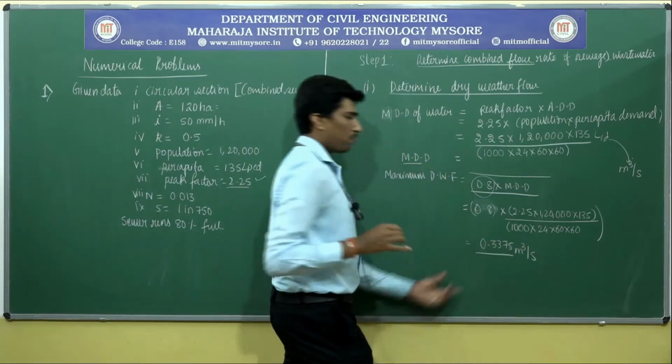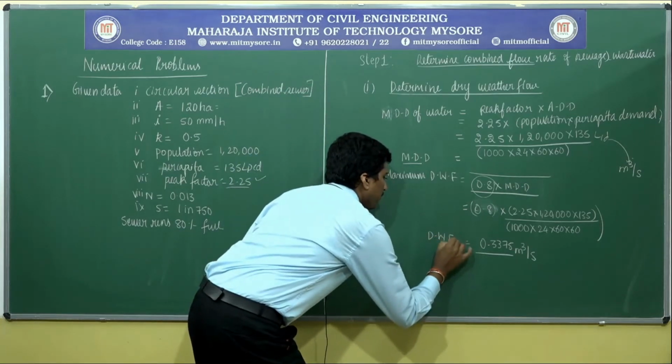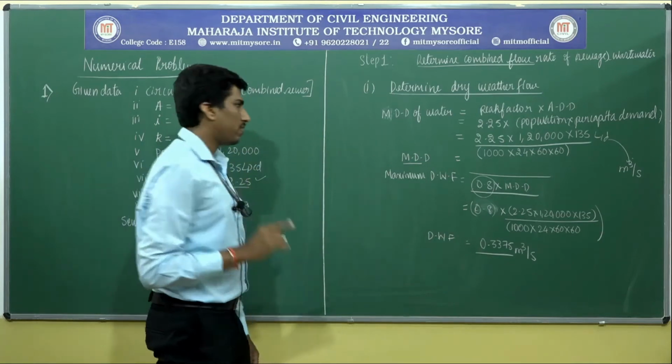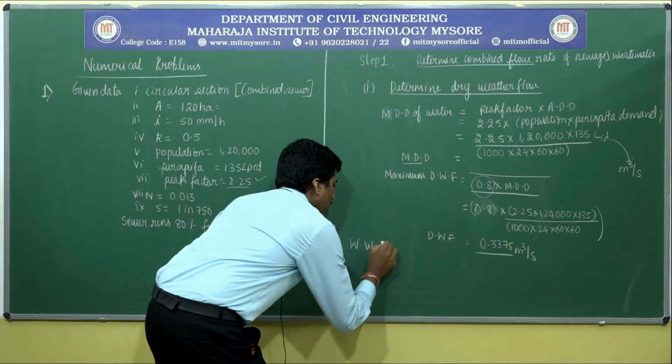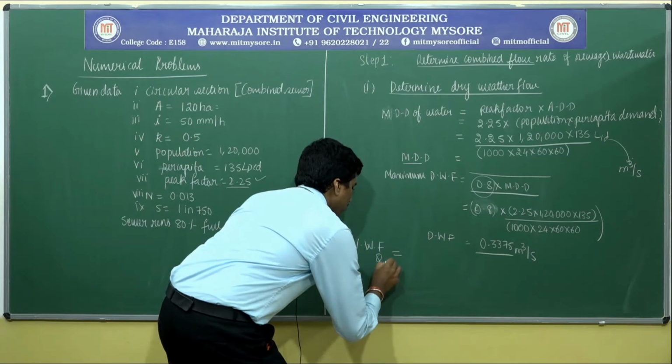0.3375 meter cube per second. This is the dry weather flow. Now, I want to determine the wet weather flow. Therefore, the wet weather flow Q is equal to